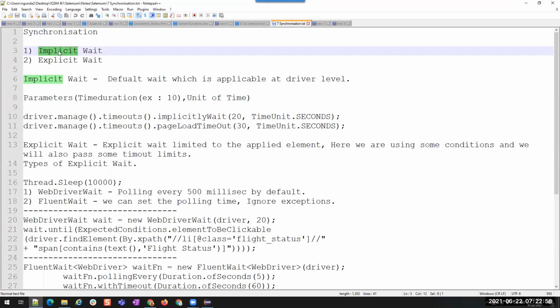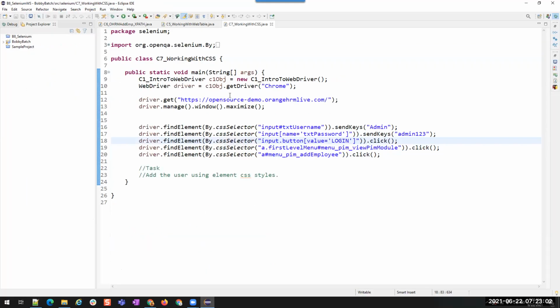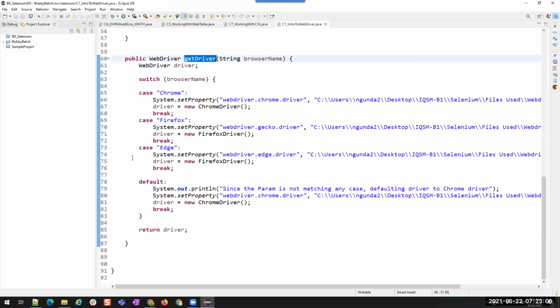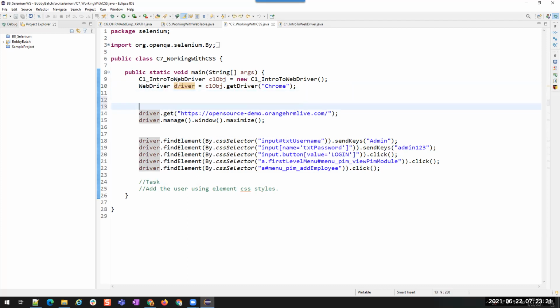That means implicit wait is not written here; it is written once you get the driver. Or you can also apply it at the class level. Right after getting the driver, you can apply the implicit wait.